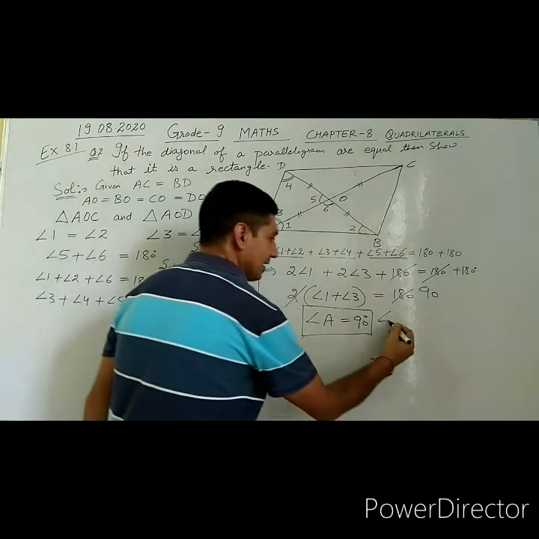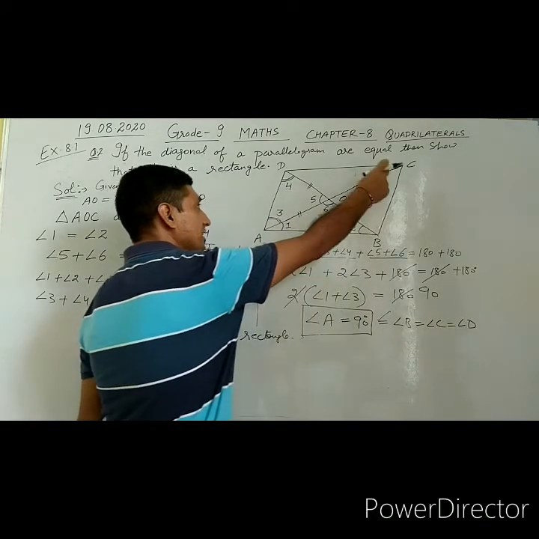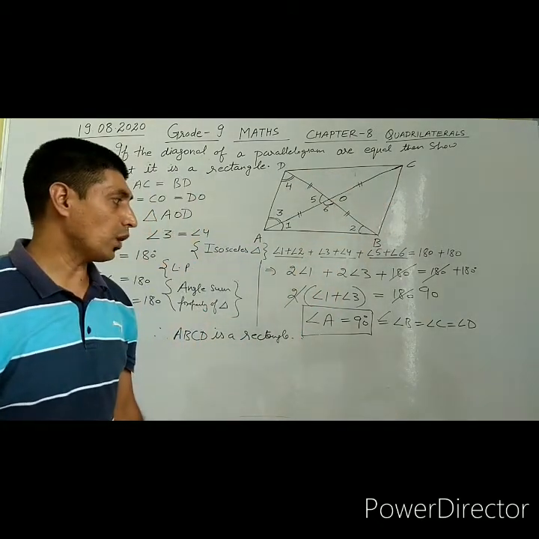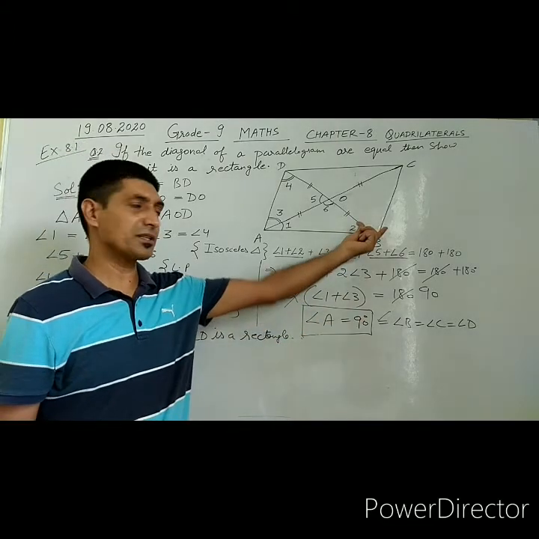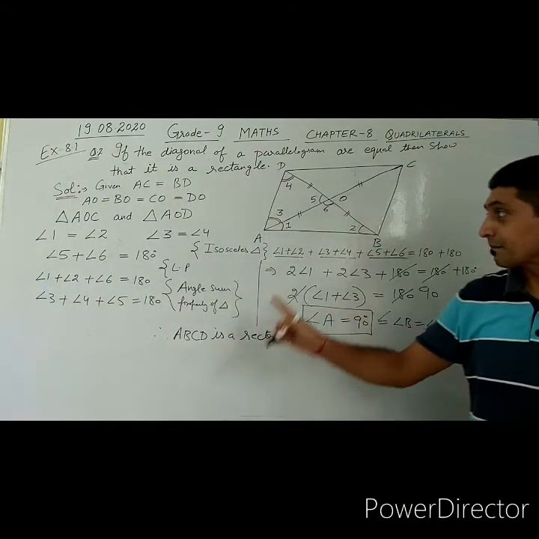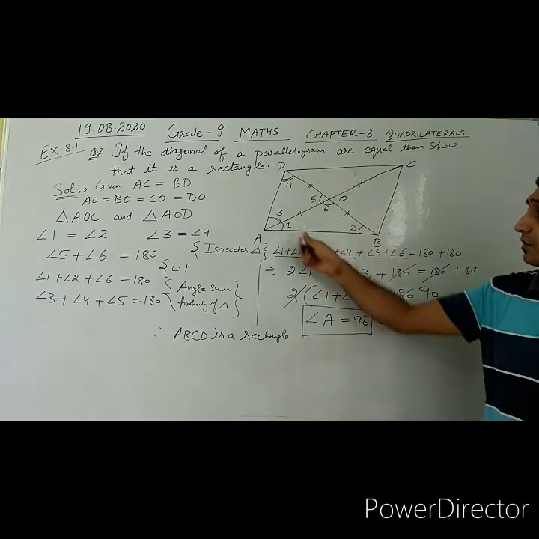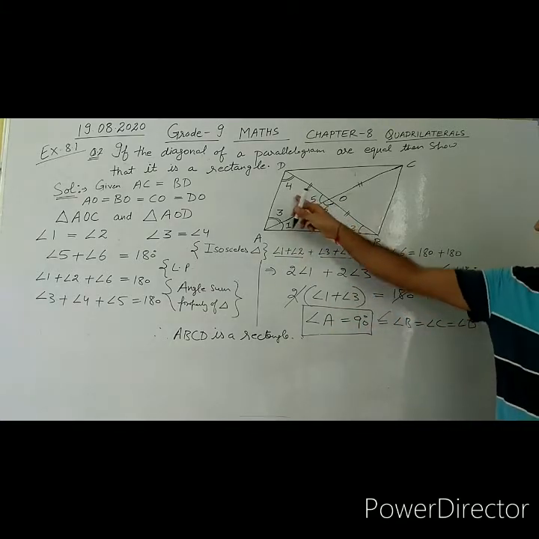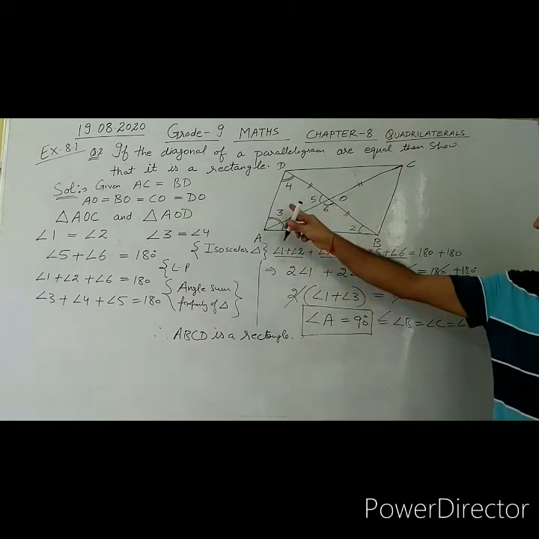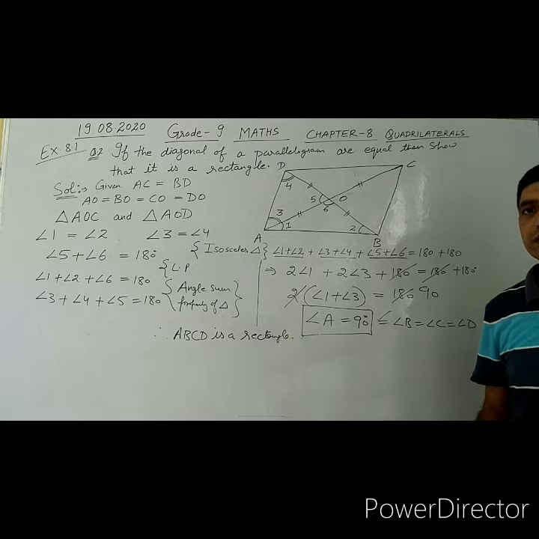Here, therefore, angle A is equal to angle B is equal to angle C is equal to angle D, because opposite angles are equal and the adjacent angles' sum is 180 degrees. So if A is 90, B must be 90 degrees. So this is a very simple question, right? We are using the angle sum property of a triangle, and the very simple concept of adding all these angles and making pairs. Then we are interested in showing that angle 1 plus 3, this angle, is 90 degrees, and we have proved it.